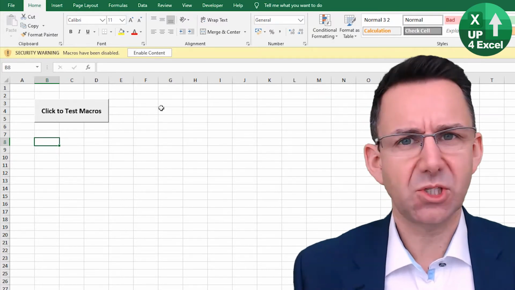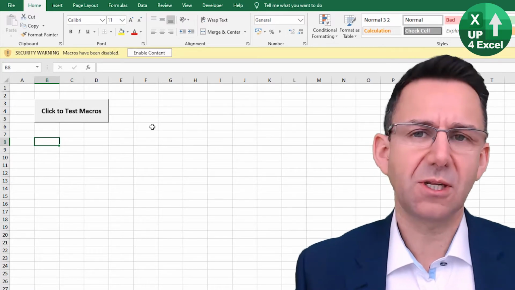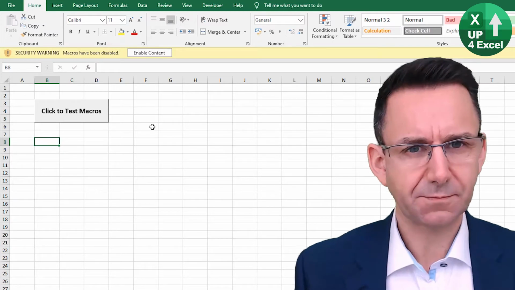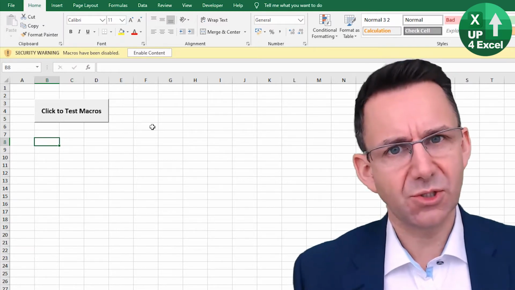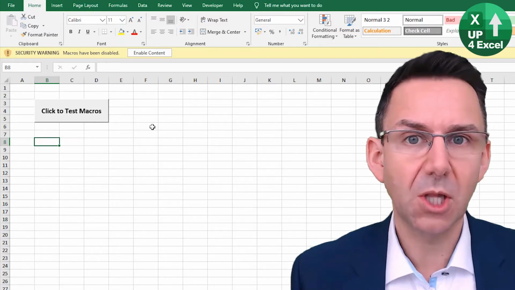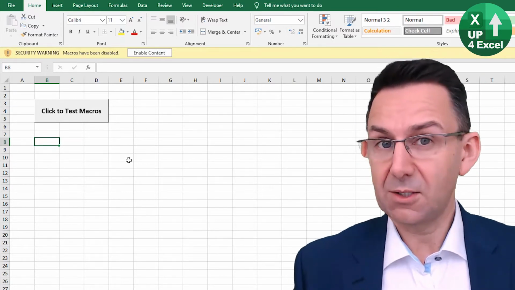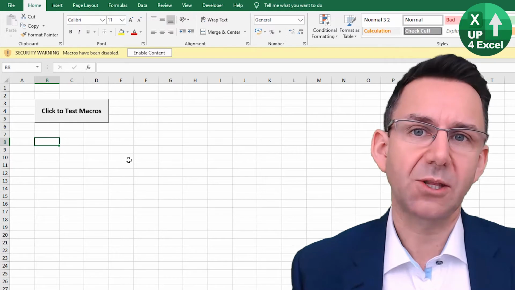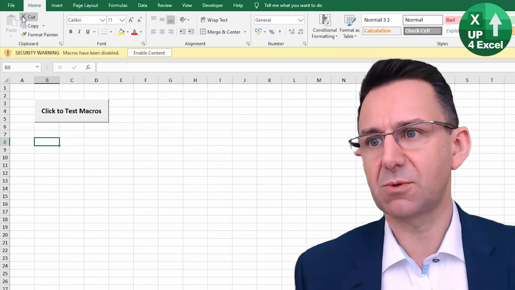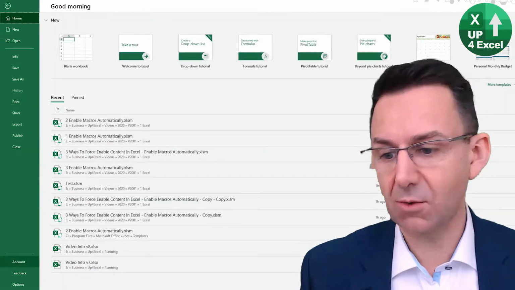So what I'm going to do now is show you a way that you can get this to run automatically without that security warning for anyone who's on the same network as you and who has access to the same locations. To be honest, it actually works wider than that, but you'd have to tell people where to save the workbook. So let me show you what I mean. Right, so you go into Excel options,